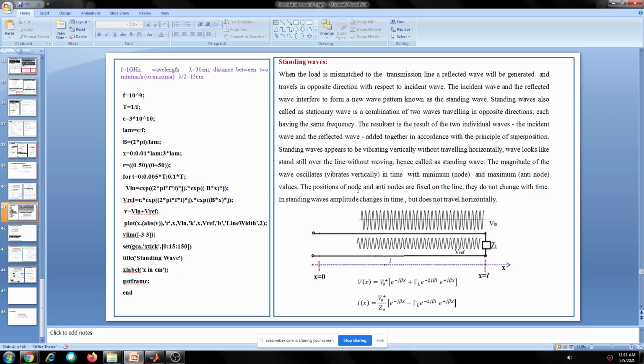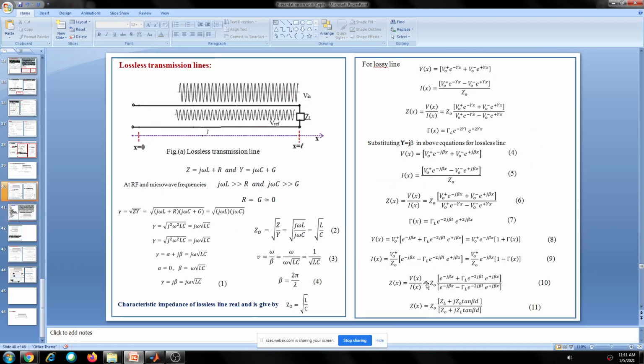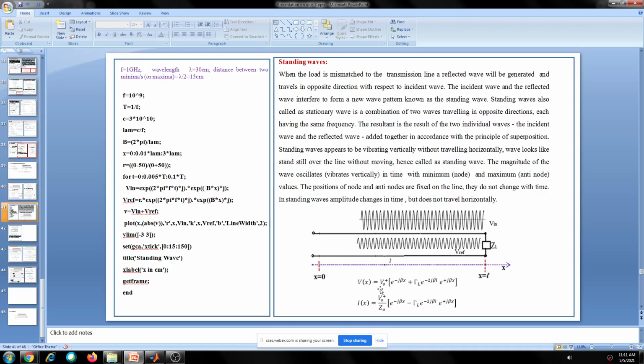In the transmission line, we have the expression for voltage V of x. It is an addition of two terms: this is one term and this is another term here. Here, e to the power alpha x is not there, that's why it is not decreasing with respect to distance. So this represents the incident wave. This is the incident wave, a sinusoidal wave represented by this equation. It is moving like this, with its amplitude equal to 1, for example.